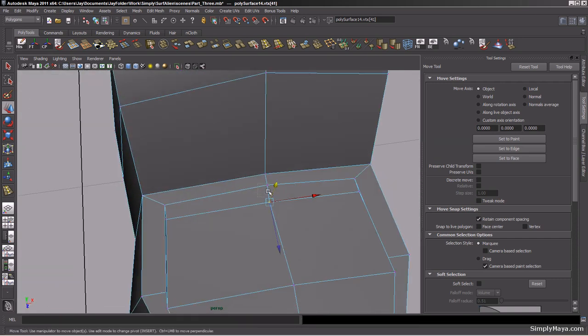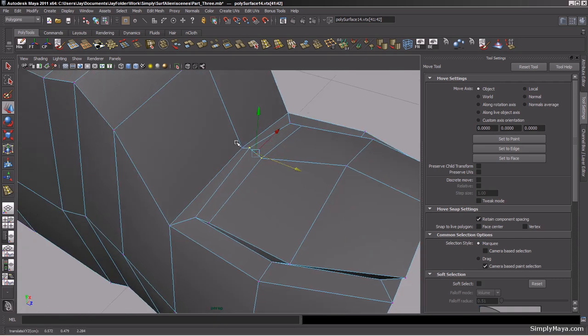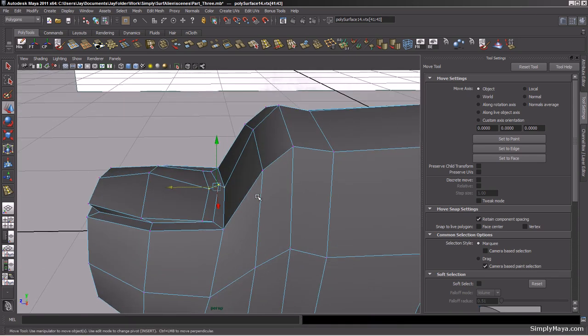Okay, and then just round that back into there, like so,